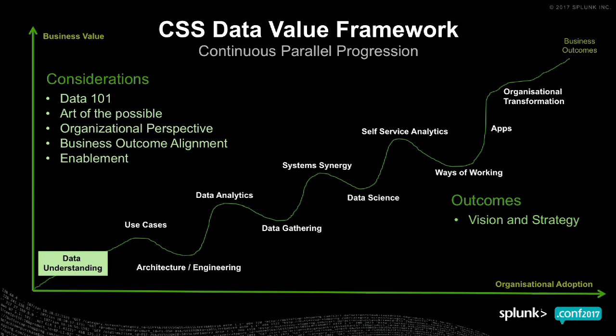So, what are the strategic directions of the company? What are the strategic imperatives? You really want to be aligning what you'd like to achieve with those strategic imperatives. By that I mean, ultimately you want to be aiming for business outcomes. If you're doing some work and there's no business outcome at the end of it, you're just doing a science project and you're going to fail. You want to fail fast. Always be sure you're aligning to business outcomes, going towards organizational adoption and ultimately adding business value. When you get this kind of thing in place, what's going to come out the other side of it is a vision and strategy. So now we have a framework, we have a foundation to bring us forward.